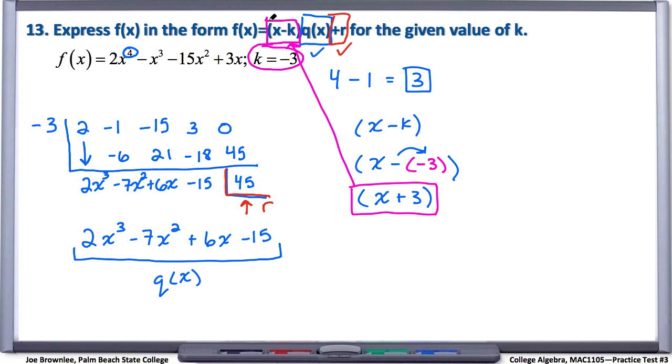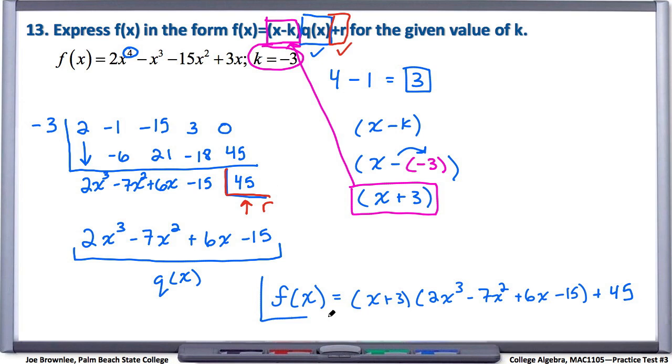And now that we have everything, we have our x minus k, we have our q of x, we have the r, we're going to plug all of this together and give them our final answer. So what we're looking for is f of x equals, what is x minus k? Well, we just found x minus k to be x plus 3. What is q of x, our quotient? Well, that was 2x cubed minus 7x squared plus 6x minus 15. And I'm running out of room, so I'm going to move this over just a little bit. And then plus r, well, what is r? Well, r was 45, so we'll say plus 45,